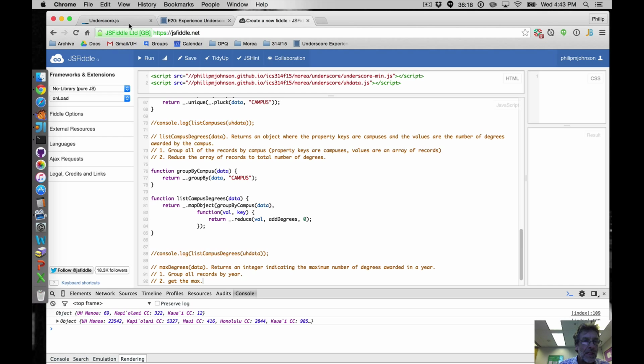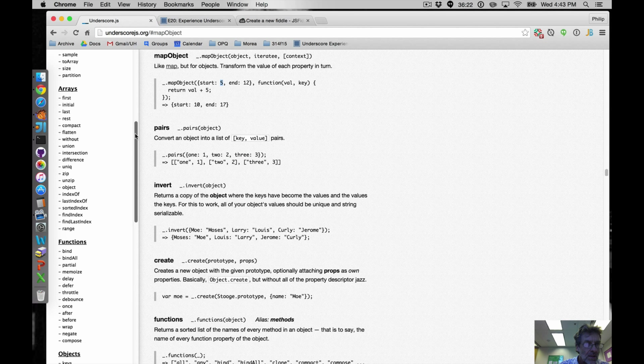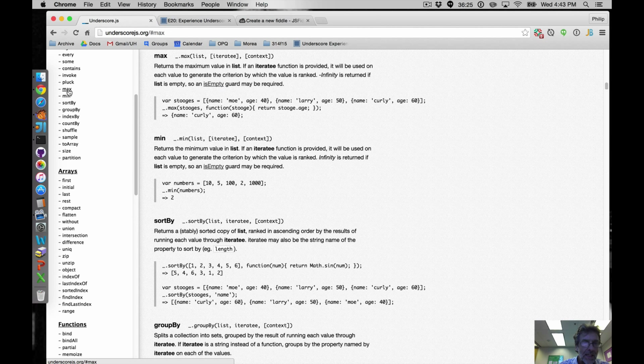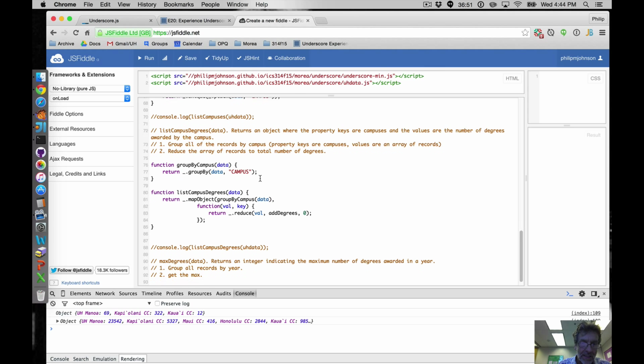I say that because underscore has a function called max, where you pass it a list and say what you want it to do, and it returns the maximum. And in fact, if you don't tell it what to do, it'll just use the value of an object and call max on it. And since we're going to have numbers,